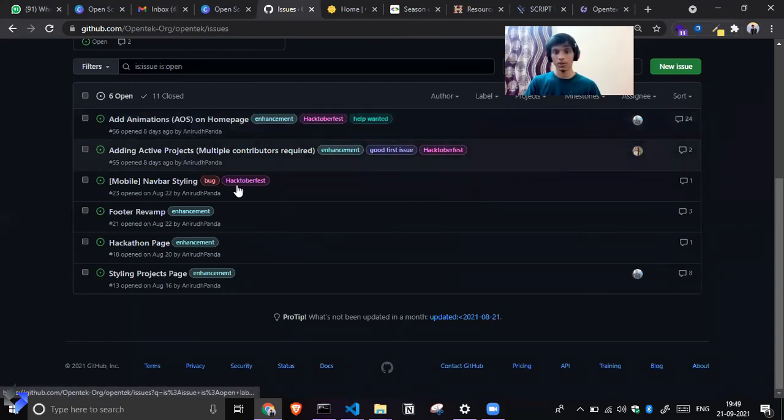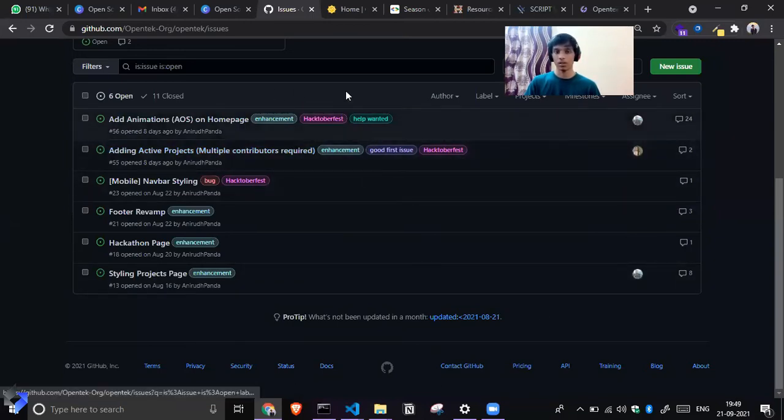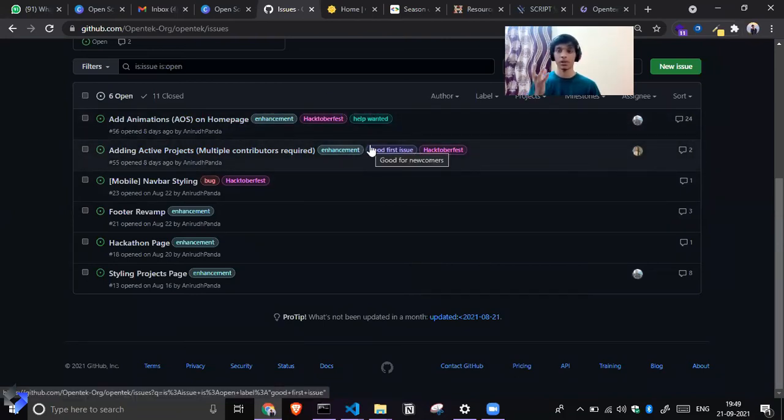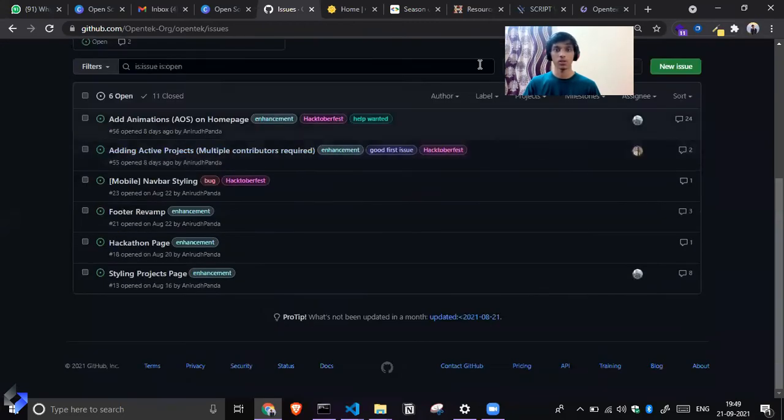These Hacktoberfest labels are necessary for GitHub to track which issues are marked as Hacktoberfest, so that after these get resolved, they can track whether that person has contributed a valid pull request or it's just spamming. So this is how it works.